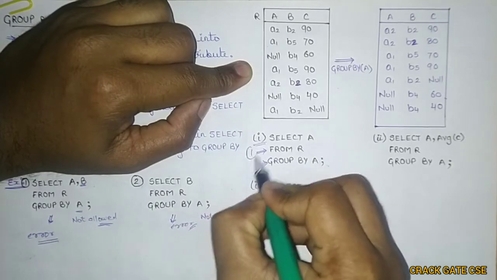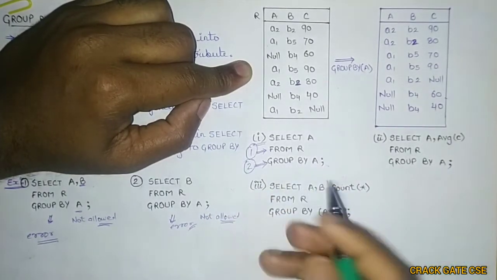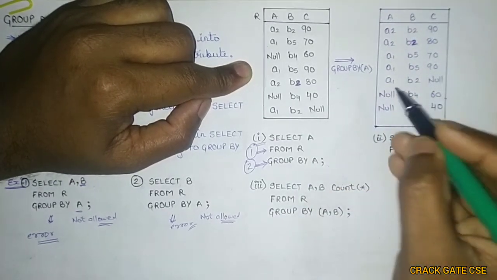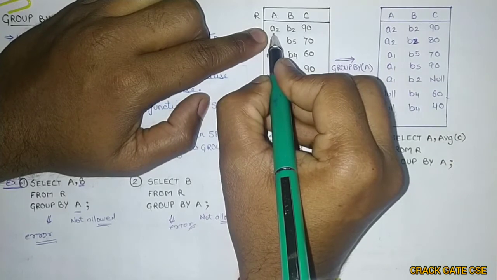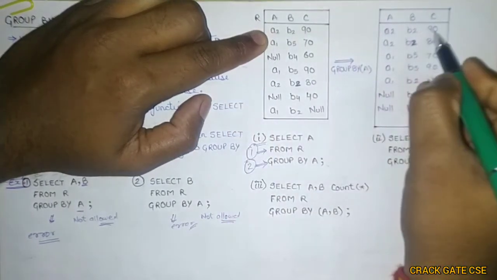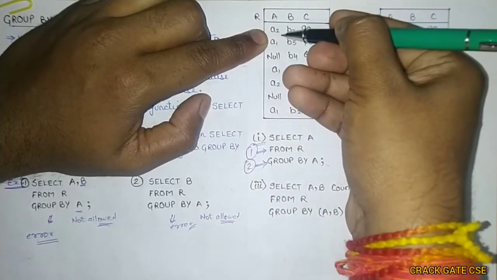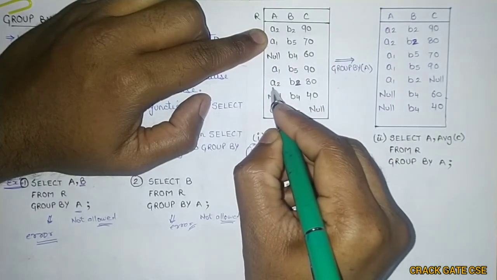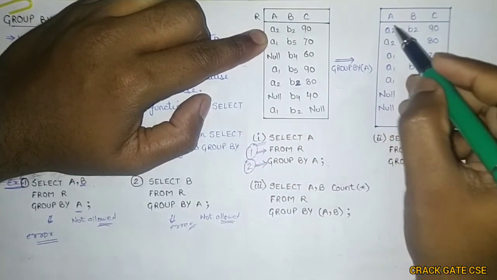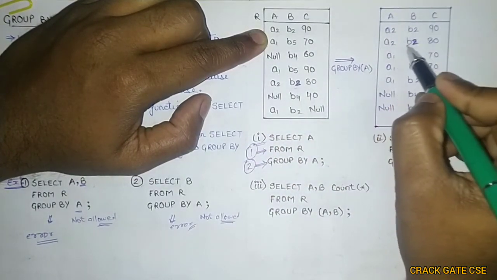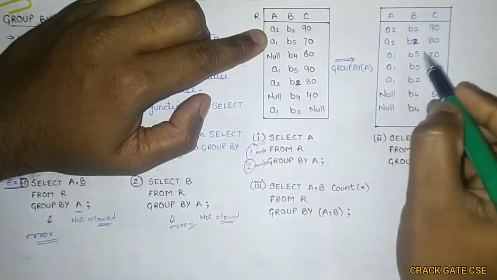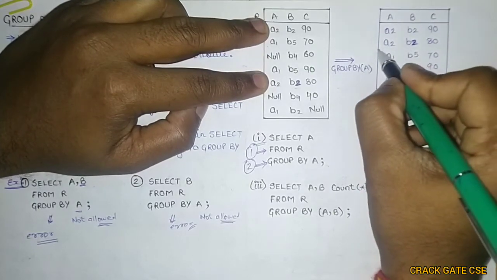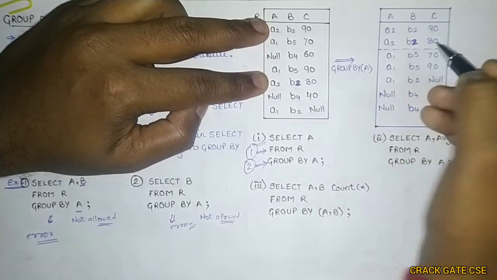This one is first, this one is second. We have to group them by A. How to group them by A? You can see in this table, I grouped them by the A attribute. I have an attribute value A2, and I write the respective row for A2. Now I check whether there is any other A2 available in A. Yes, this one is available, so I write this A2 in the next row: A2, B2, 80. Is there any other A2 available apart from these two? No. So there is a group of A2 values.